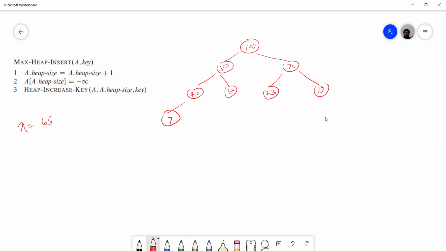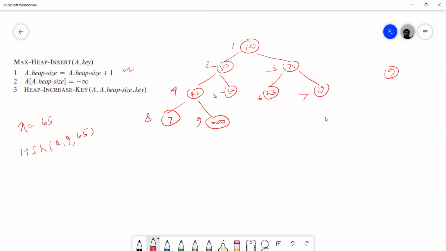The first statement says that heap size will be increased. Right now the heap size is 4, 5, 6, 7, 8. After inserting one more element, heap size will become 9. Then at the ninth position we insert minus infinity, the lowest value. And then we call heap increase key: A, ninth position, 65.